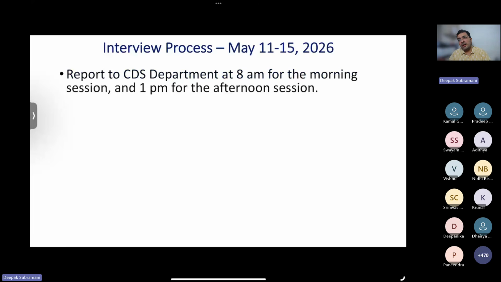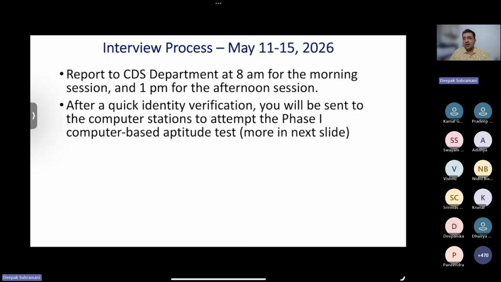If you are in the morning session, please report to the department by 7:45, 8. So don't delay, come by 7:45. And if you are in the afternoon session, we ask you to come at 1 o'clock, but please come by 12:30 or so to the department, then get your documents verified. We do expect a lot of students to turn up, so come early, so that our process goes smoothly as we want it to be.